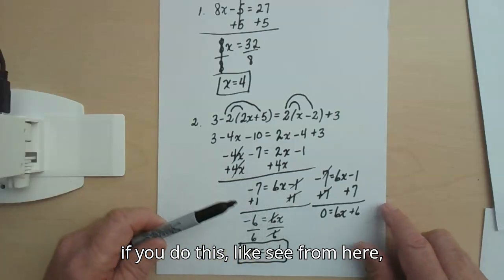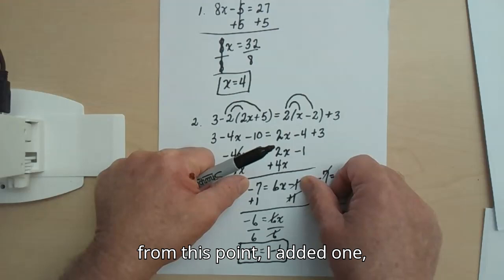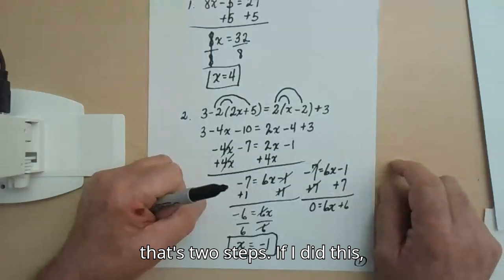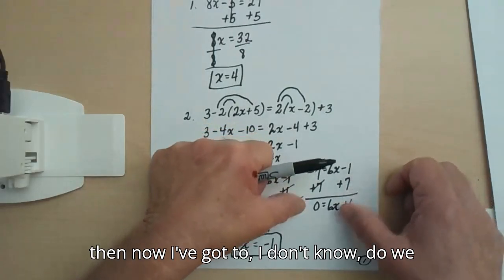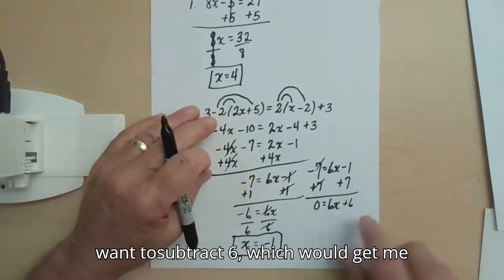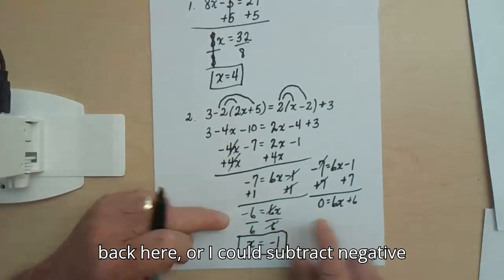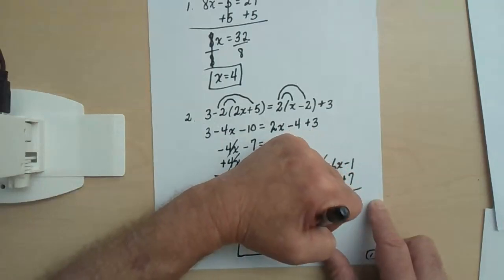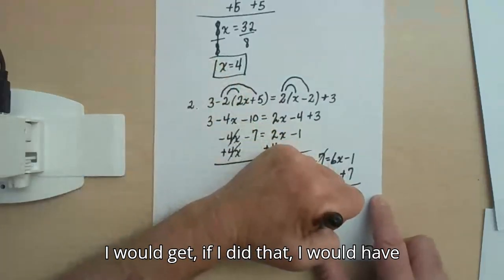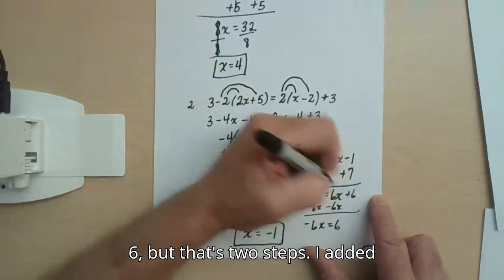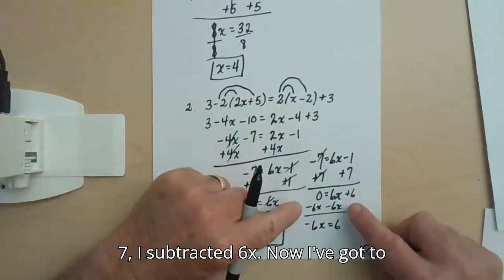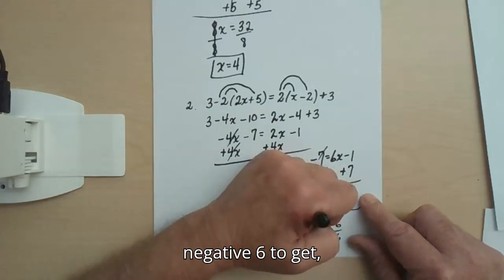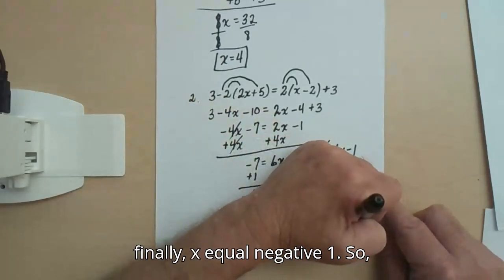If you do this, from this point, I added 1, then I divided by 6 and I was done. That's 2 steps. If I did this, then do I subtract 6, which would get me back here, or I could subtract negative 6x. Either way, it doesn't matter. If I did that, I would have negative 6x equals 6, but that's 2 steps. I added 7, I subtracted 6x. Now I've got to make a third step to divide each side by negative 6